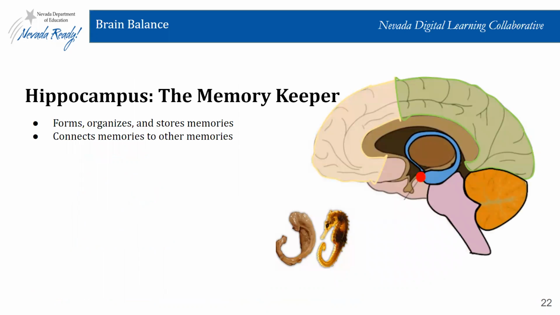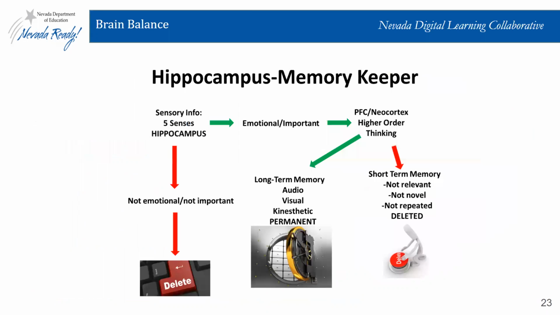So the hippocampus is kind of shaped like a seahorse. It's the memory keeper. It helps to form, organize, and store memories, and it connects memories to other memories. So this is where some long-term stuff is happening. There's a lot of detail of what goes into the process, but basically the hippocampus is receiving alerts from the